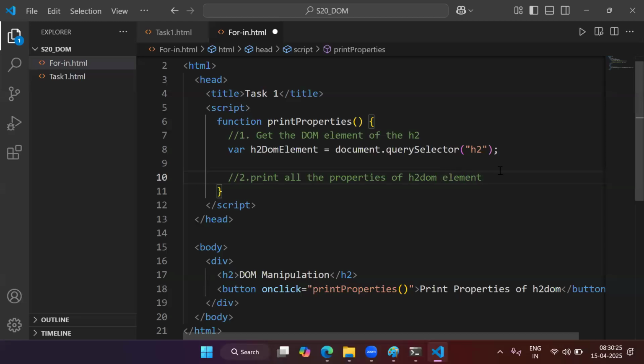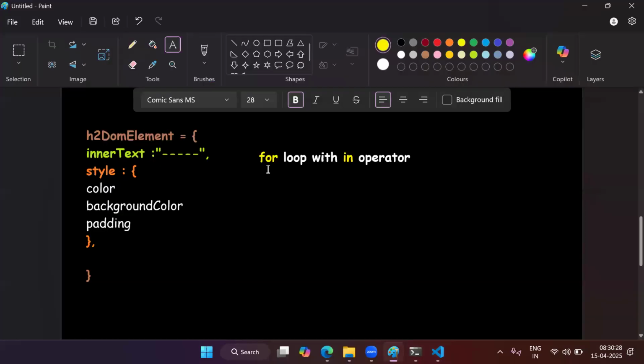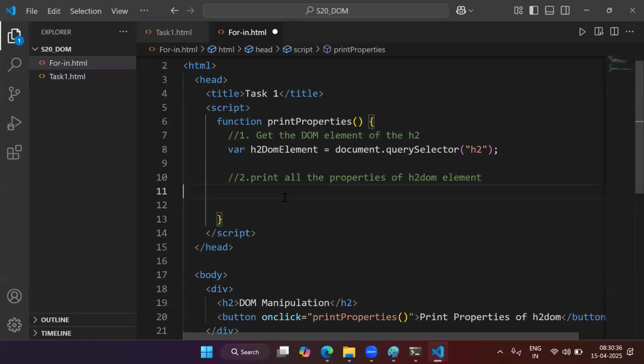How to print all the properties of h2 DOM element? For that, we have to use for loop with in operator. How to use for loop with in operator? I think you guys are aware of that. We just have to use a for loop here